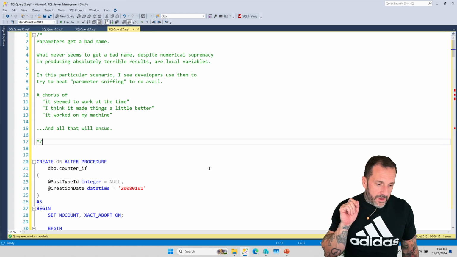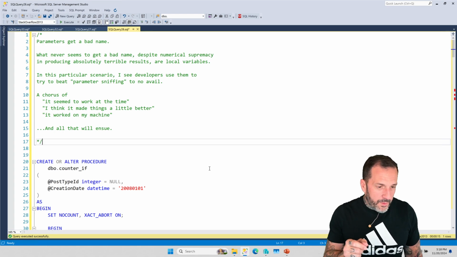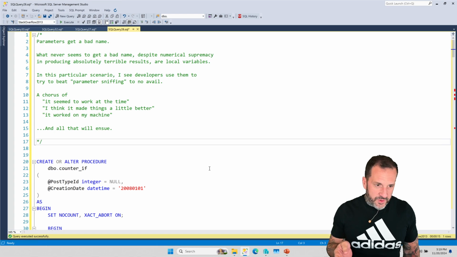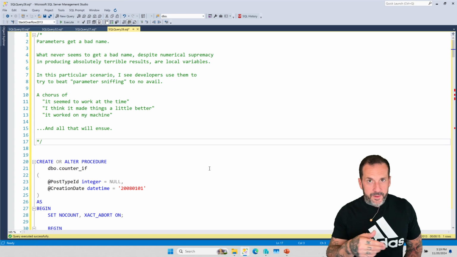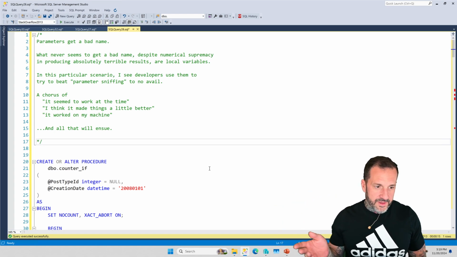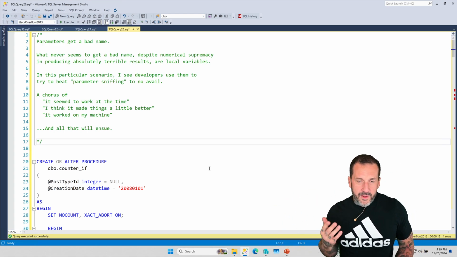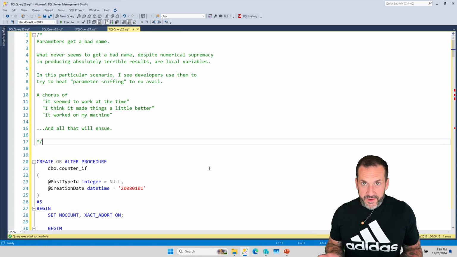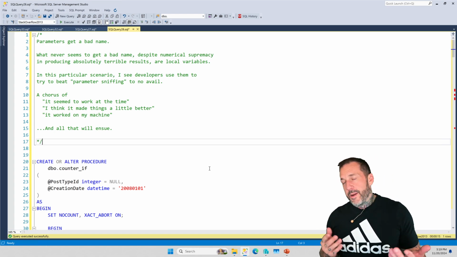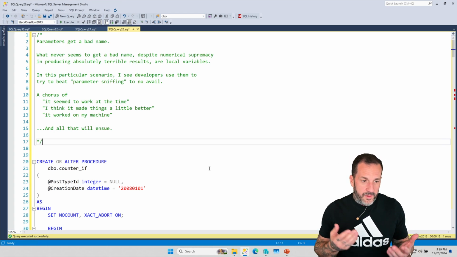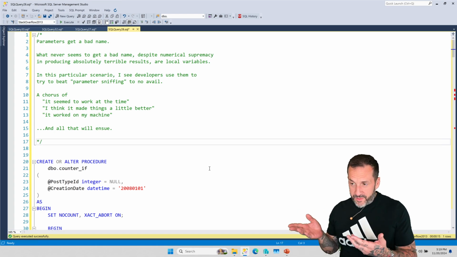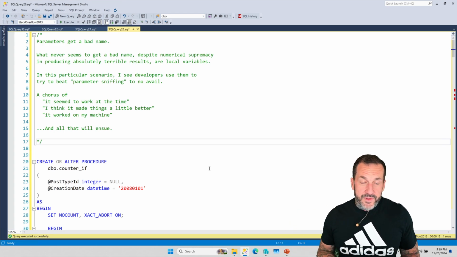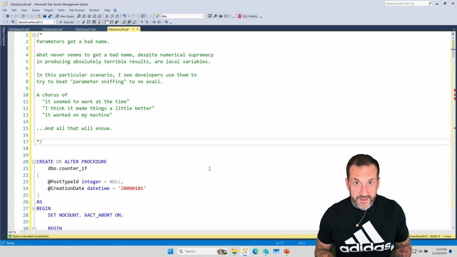Now, almost everyone who I work with has a bunch of stored procedures, either written by them, someone else, or that person who hasn't worked there in 10 years that they've been meaning to fix, and they all do something to try to beat parameter sniffing. They'll use option optimize for unknown, they'll declare variables inside of the stored procedure and set those variables equal to the parameters, and some people will even have the gall to tell me that it's a best practice.